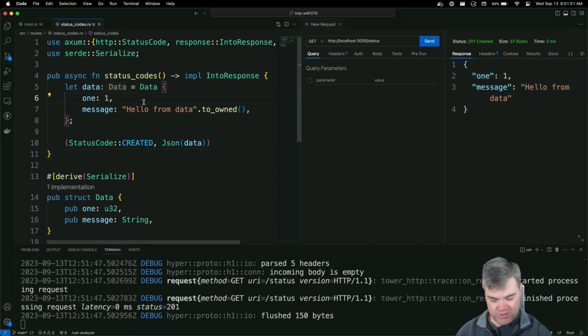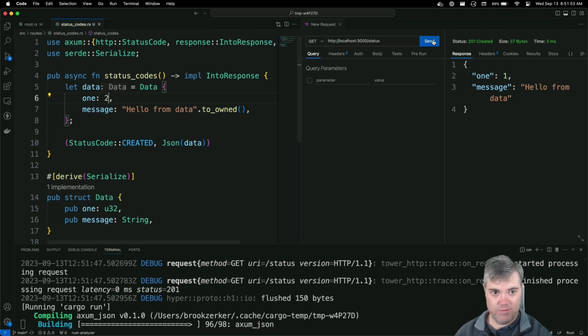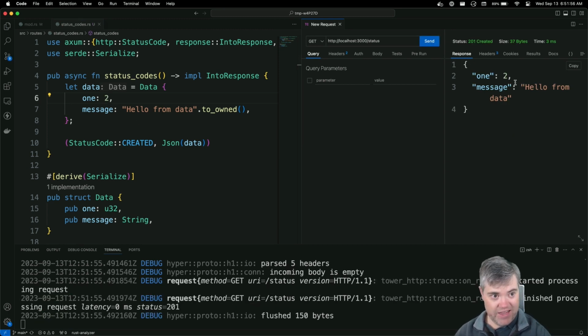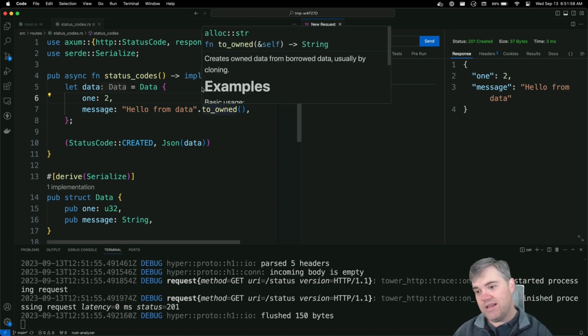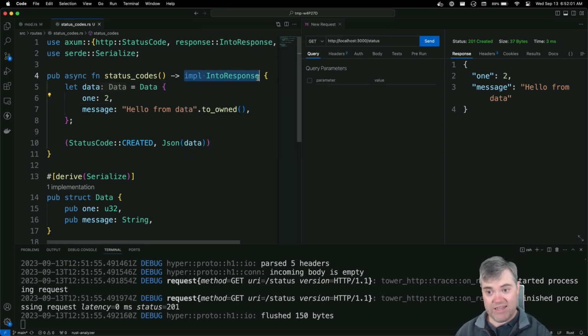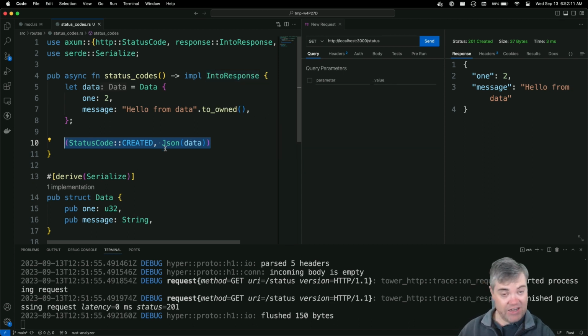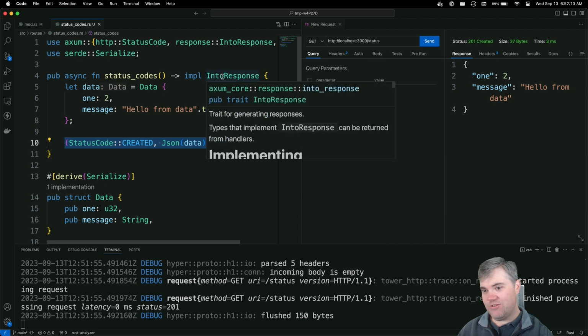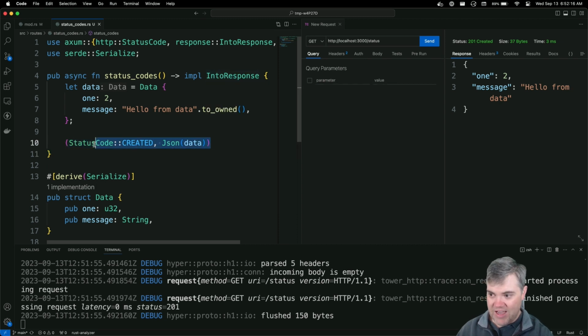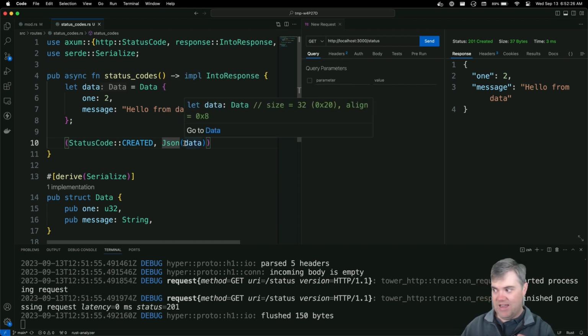We could change this number to 2, just to make sure that it really is recompiling fine. And yeah, it is. So this is telling Rust essentially that whatever I return here, I want it to implement the IntoResponse trait. If we take a look at IntoResponse, it's implemented for a tuple type of two things: one being a status code, and then something like JSON that's a responder.